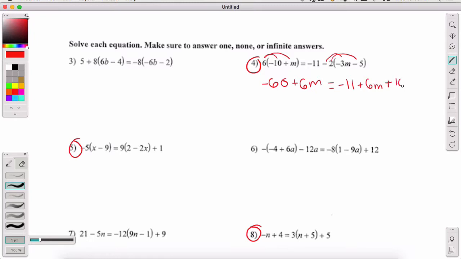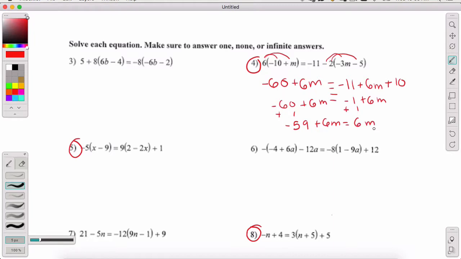plus 10. All right, now I can't combine anything over here, but I do have like terms on this side. I have that negative 11 and plus 10, so I'm going to do that real fast. So we end up with a negative 1 plus 6m on this side, and this side hasn't changed, so we have negative 60 plus 6m. Okay, I'm going to combine my integers, so I'm going to add 1 on both sides, and then you get negative 59 plus 6m equals